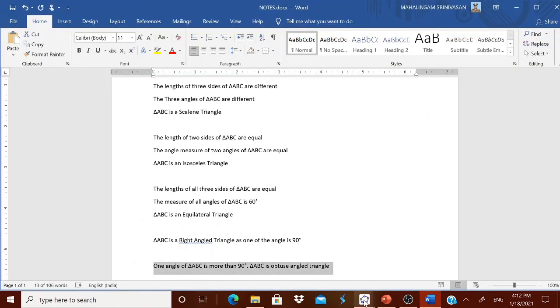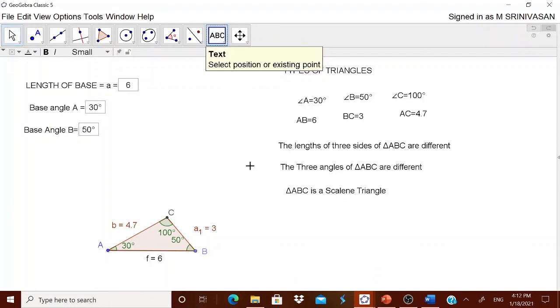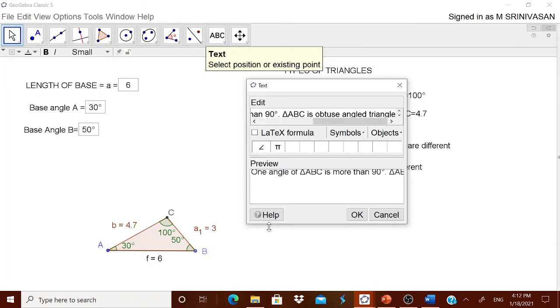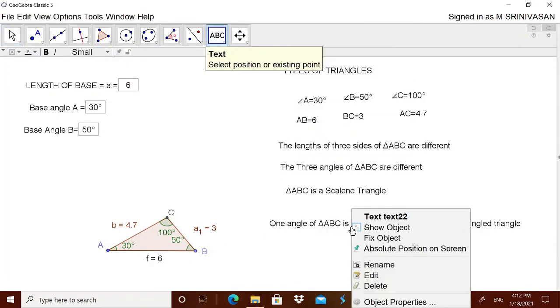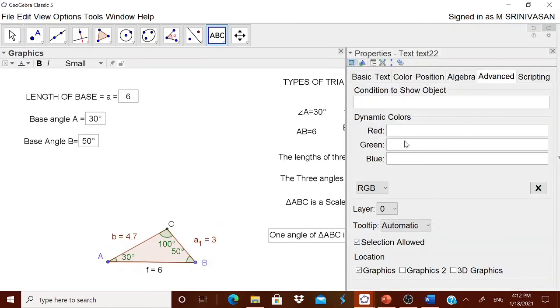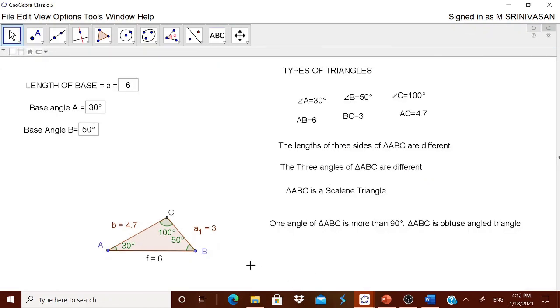Copy it. Come back. Maybe some of you may be thinking, sir, it is a kind of repetition, but you have to repeat it because we have to go for all the permutations and combinations. Here it is eta greater than 90. Fantastic. Therefore, I think this is perfectly all right now.